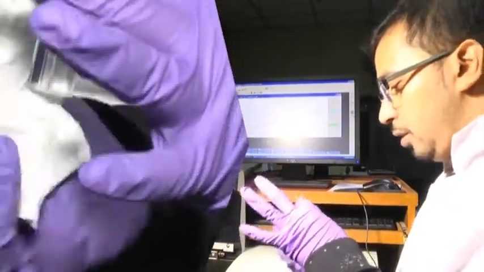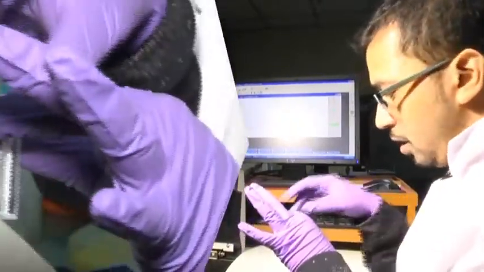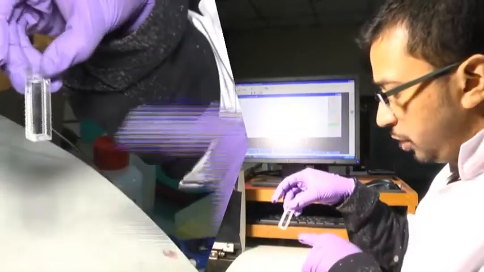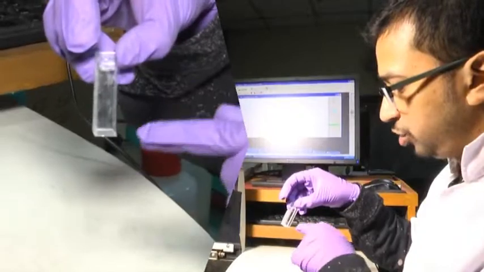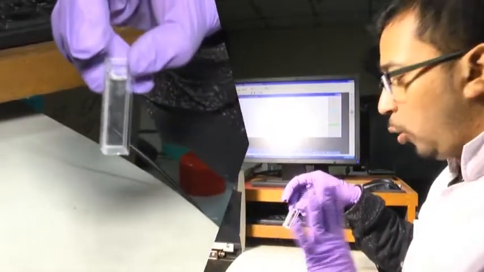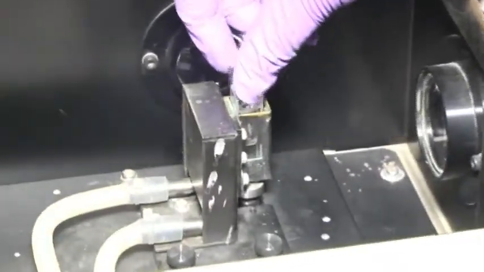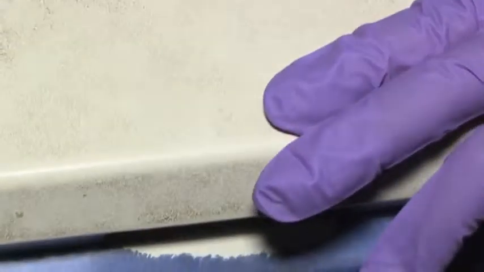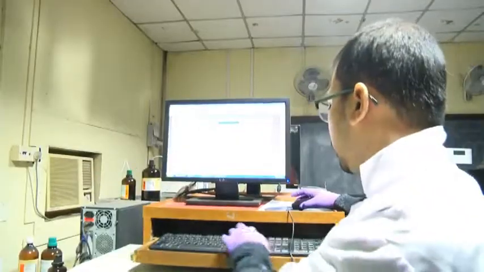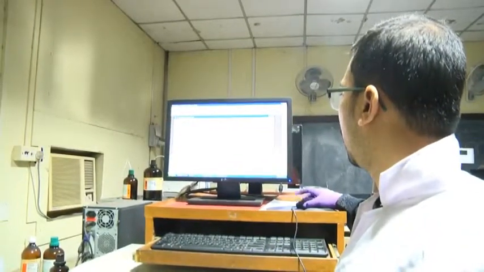We will be cleaning all the four sides. Make sure to hold this cuvette in such a way that your finger does not touch this transparent side where the sample is, but hold it very carefully. And I am transferring this to the holder and closing this lid. Now, the last part was G6. Okay. And measure.